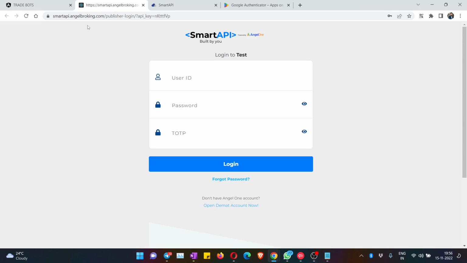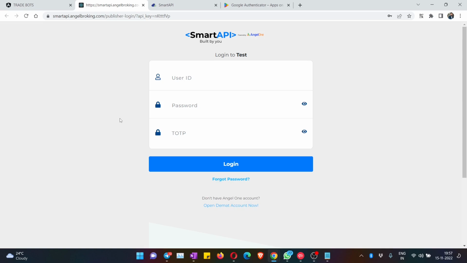Please note that this is a very secure process because you are not saving your username or password on our server. There are many algo providers who ask you to save all the credentials on their server so that the process is a little easier. But we would like to reiterate that that is not a safe process and your credentials should not be saved